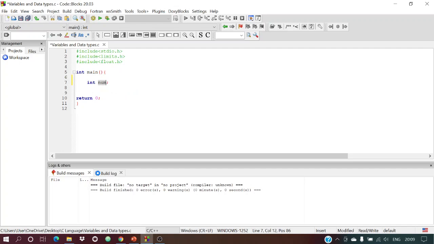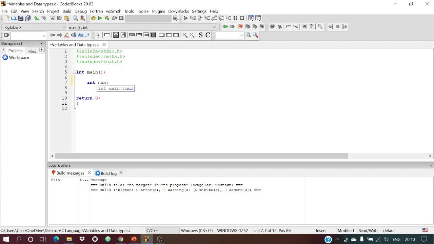It's not that we decide whether it is 4 bits or 10 bytes; the compiler will understand that from this int data type. Okay, so suppose we'll store 4 bytes for num. So this is how you create a variable.